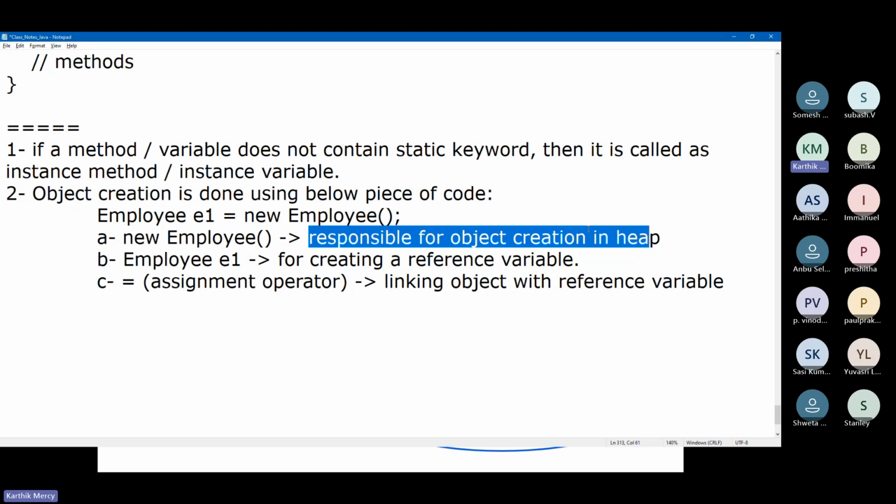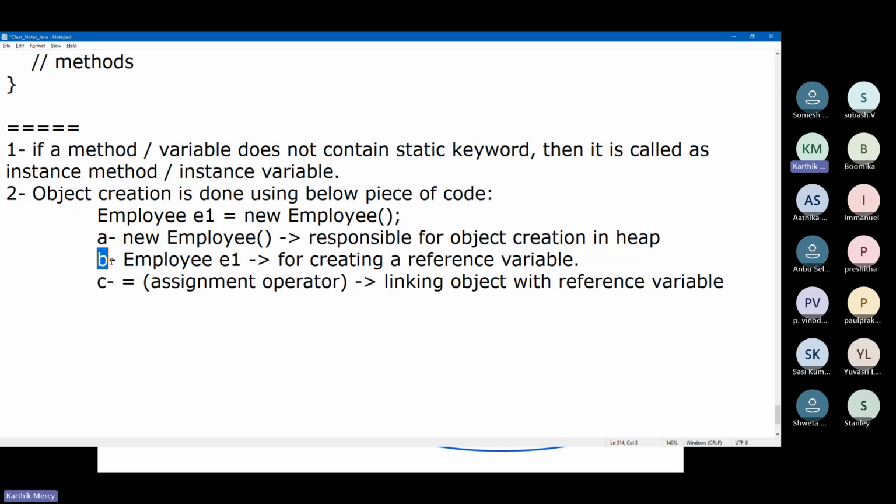Then there is one more step, Employee e1, which is creating the reference variable. And the third step is the assignment operator, the equal to symbol, which is linking steps A and B, that is, linking the object created with the reference variable.